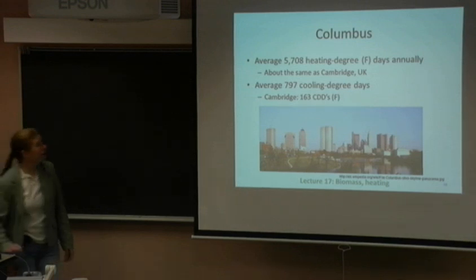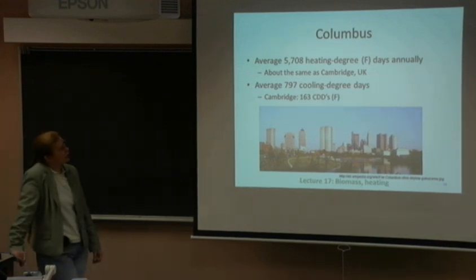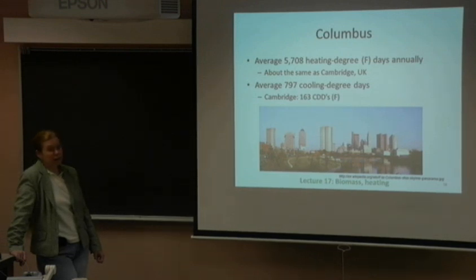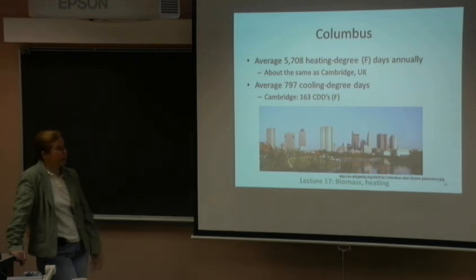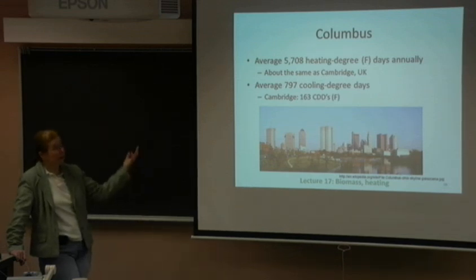In Columbus, the average number of heating degree days annually is 5,700 and change, which is actually about the same as England. That surprised me, as Cambridge. So in terms of cold winters, ours are comparable to theirs, at least in Columbus. But the average cooling degree days is 797 for us, almost 800, and it's 163 for Cambridge. I converted their number to Fahrenheit. So their summers don't get as hot, but our winters are equally cold, which is why McKay's not so interested